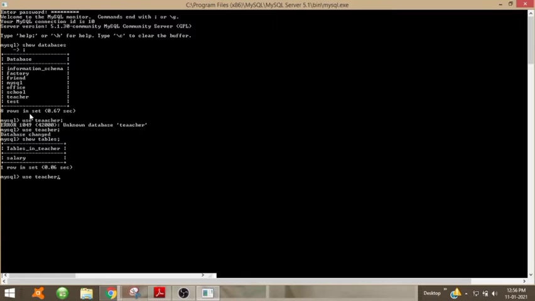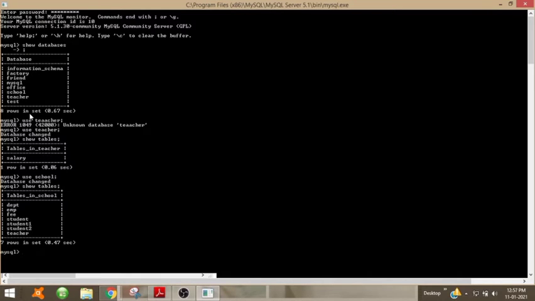Now let us open the school database and see what tables are in that. So show tables. You can use the arrow keys on the keyboard to move through the commands; previously typed commands will be displayed. Then show tables.